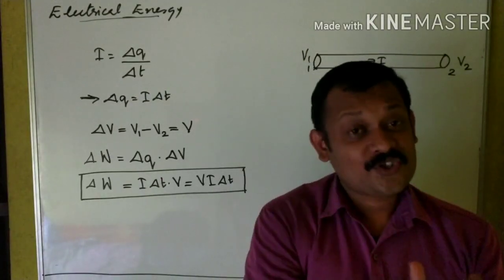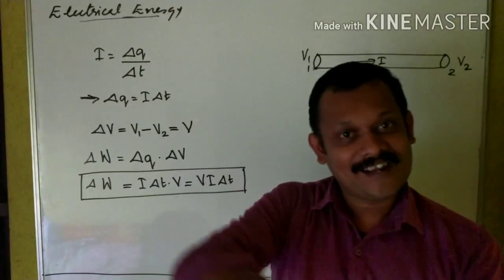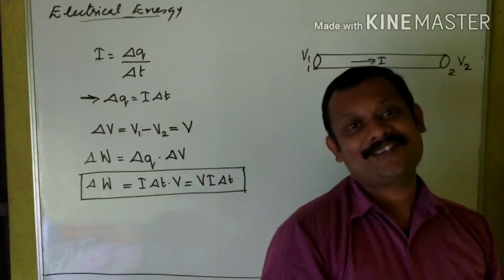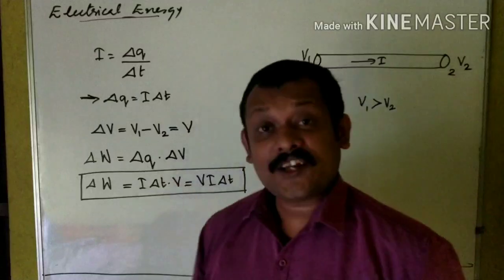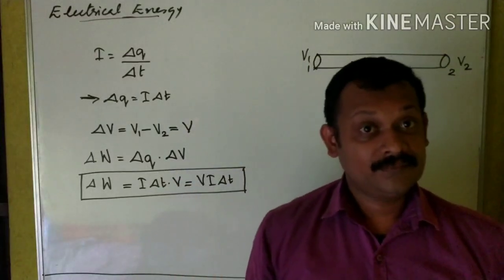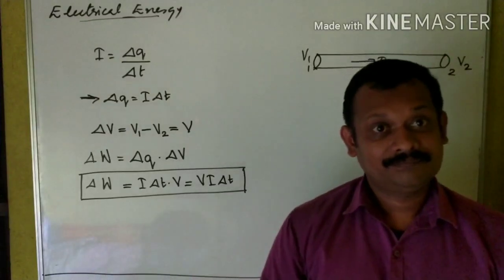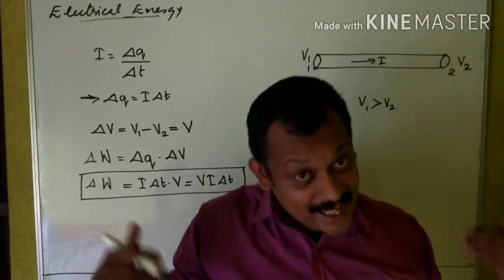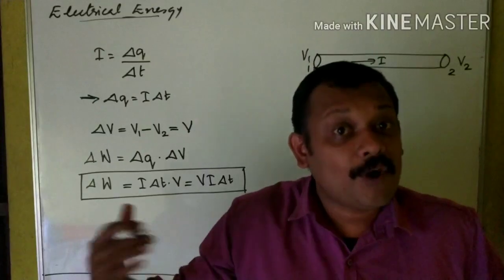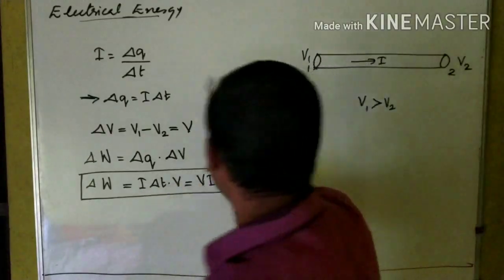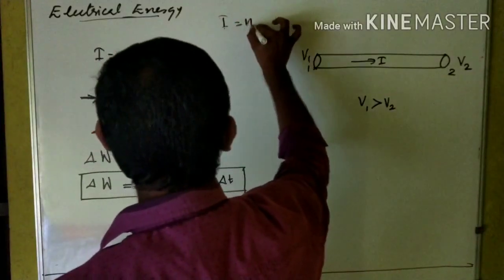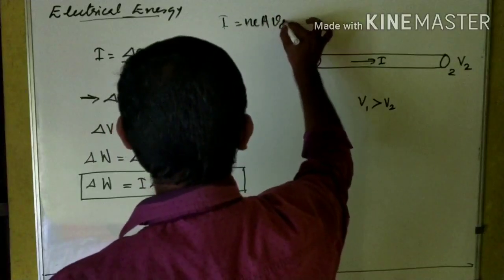As electrons drift from one end of the conductor to the other, they undergo collisions. As a result of these collisions, energy will be lost in the form of heat, and we have already learned that current I is equal to nAeVd, which means